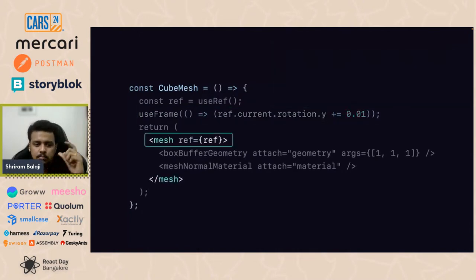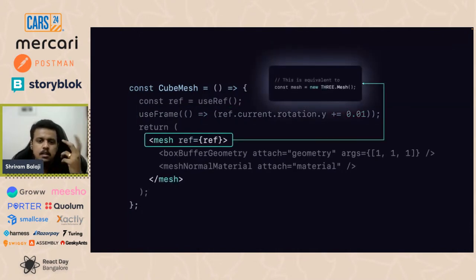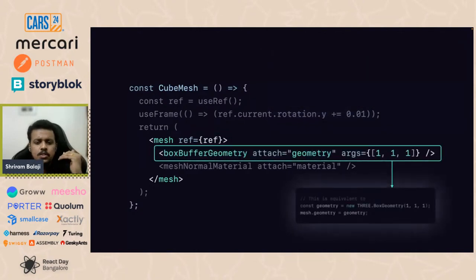Now let's look at the mesh, right? We didn't see the mesh earlier, but this is exactly what React Three Fiber does behind the scenes. When we initialize a mesh like this, it takes that and creates a new THREE.Mesh, right? That's exactly what it does. And we also have a boxBufferGeometry, which is again the same as the buffer geometry that we saw there. But the important point here is the attach equals geometry, the attach prop that you see here. It helps